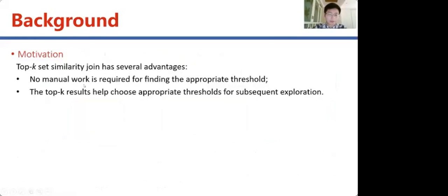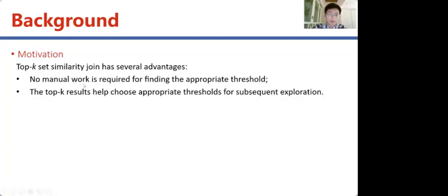In this setting, the top K join is interesting. The top K join retains K pairs with the highest similarities compared to the threshold-based join. This join has several advantages. First, no manual work is required for finding the threshold. Second, the top K results can help choose appropriate thresholds for the subsequent exploration. In our work, we first focus on the overlap similarity function, and then we extend our work to other similarity